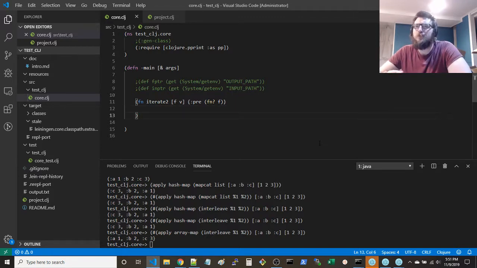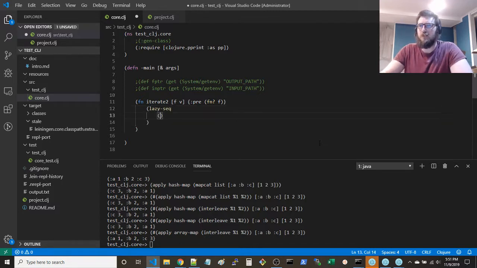And what we want to do is iterate, so you're going to apply f repeatedly. Now, the way this is going to work is it's going to be a recursive function. So it's going to be a lazy sequence that you want.